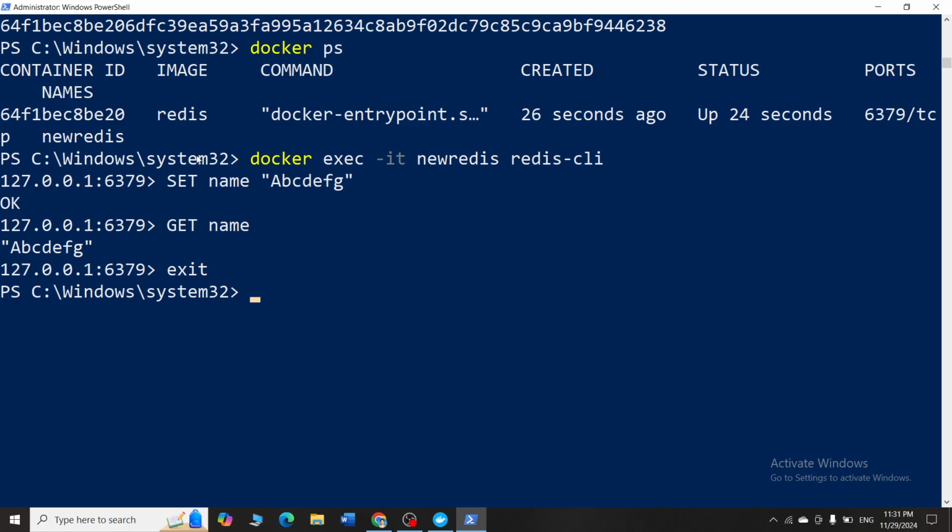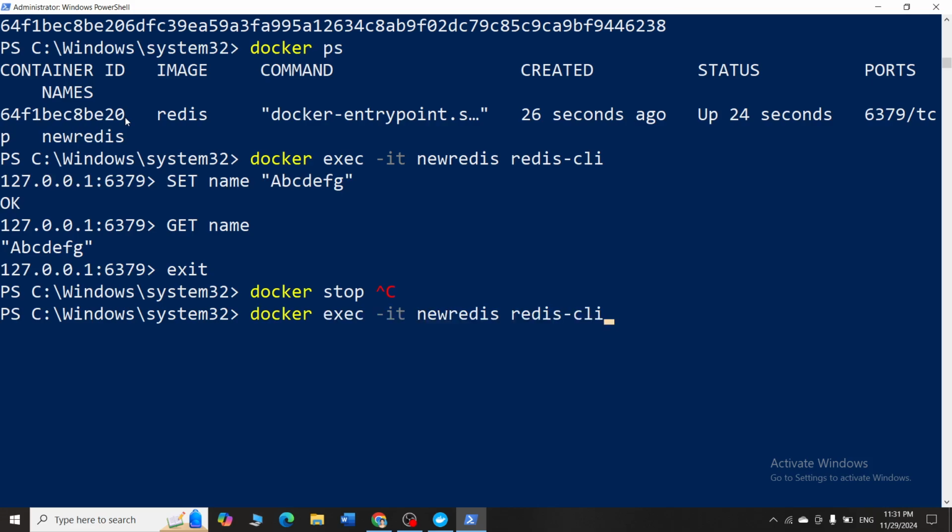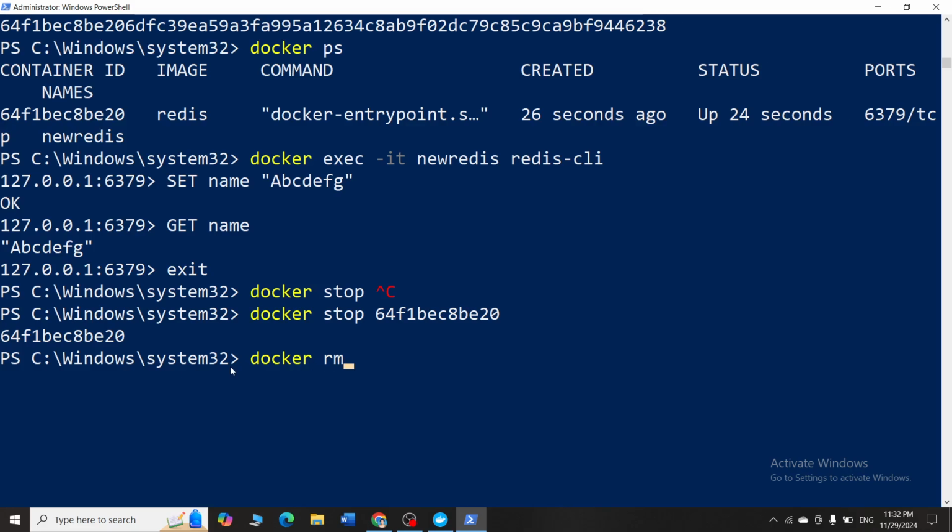Okay. The next thing you have to do is to stop the running container. Now to stop the running container, you can either give the name of the container or you can give the ID of the container. So what is the ID of the container? This is the ID of the container. Okay, copy this particular ID and say docker stop. Paste this particular ID. I'm so sorry. Docker stop, paste the ID. Okay, it is stopped. After it is stopped, you can remove or delete this particular thing. So say docker rm id. So I have deleted the container.